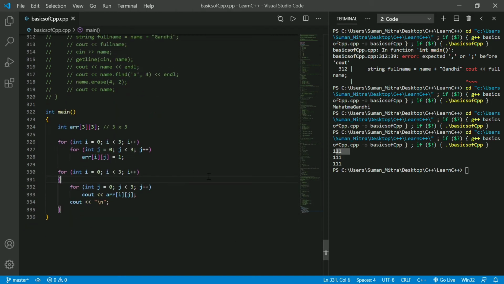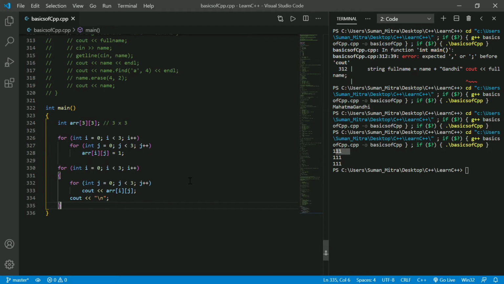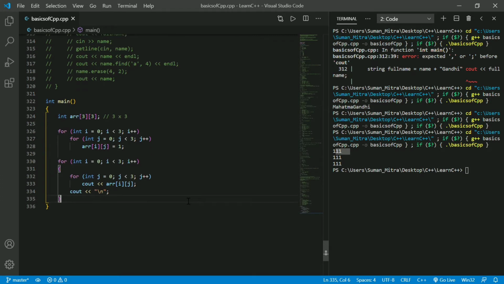How this for loop works, I will tell you. The outer for will start from 0. For 0, it will come to the inner loop. Then for this loop, it will check from 0 to 3, going through it 3 times, and then the condition will give false. Then it will come to the outer loop again, it will be 1, and check 3 times. Then again for 2, 3 times, and both will break. So I hope you understood the for loop, then you can understand this very quickly. That's what I want to tell you about 2D arrays.